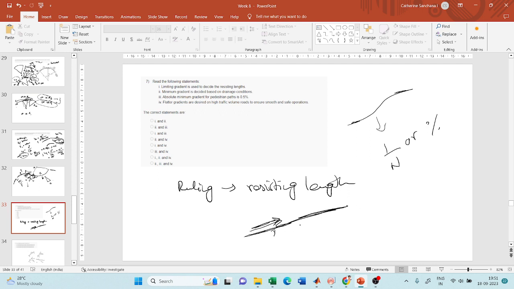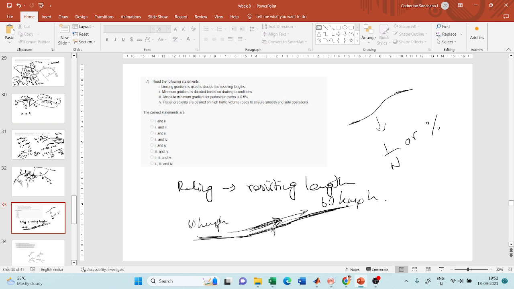But you have to take care that when you're traveling, so let us say this is a flat section, and after that you're traveling on this slope, okay. So this straight section, if you're traveling at a speed of say 60 kilometers per hour, when I move to this increasing slope, this gradient, my speed should still remain the same, 60 kilometers per hour. Okay, you may ask how, but you have to provide a gradient in such a way that